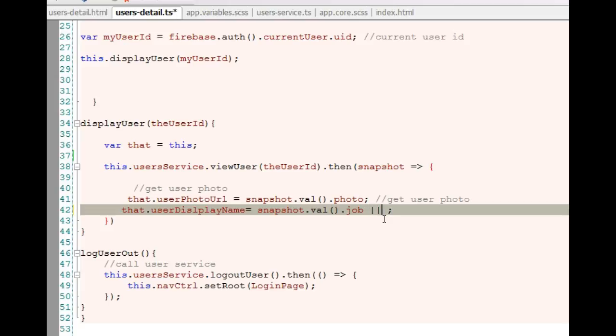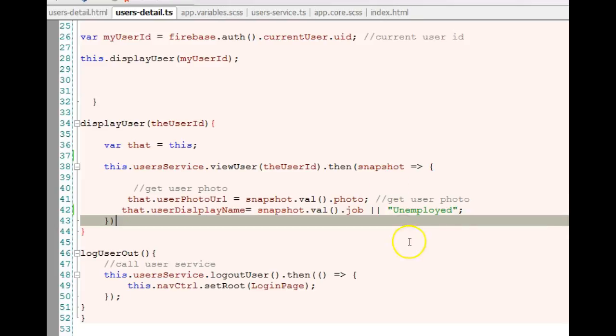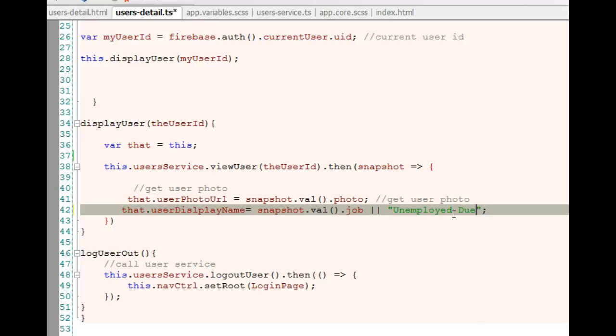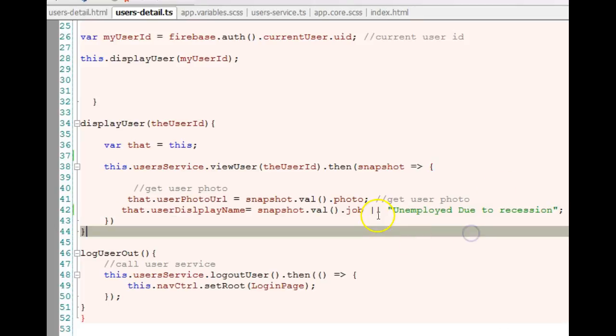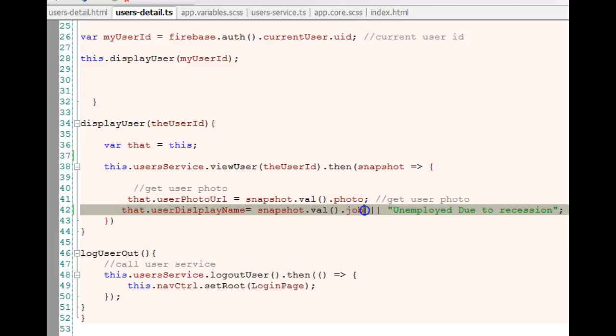We're just saying if the user job role doesn't exist, we can just say unemployed, due to recession. So assuming we make a reference to this guy and it is undefined, which means this job doesn't exist for this particular call we made,